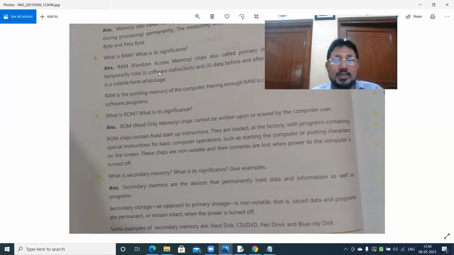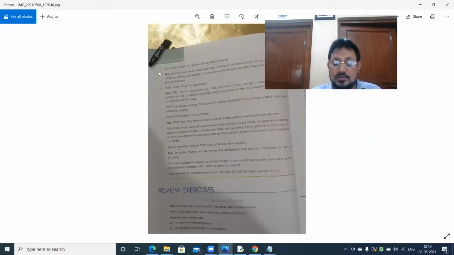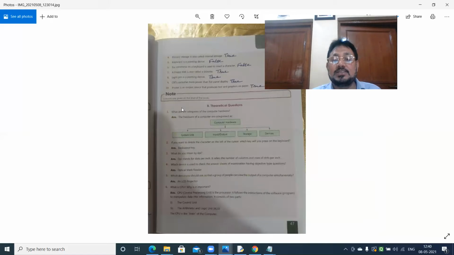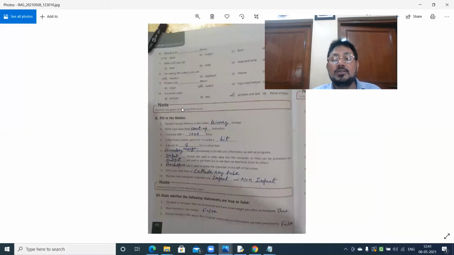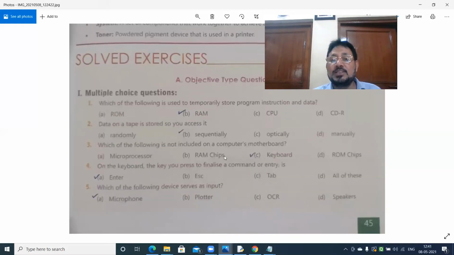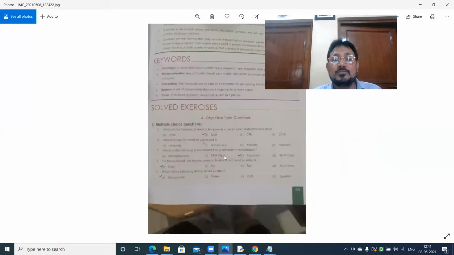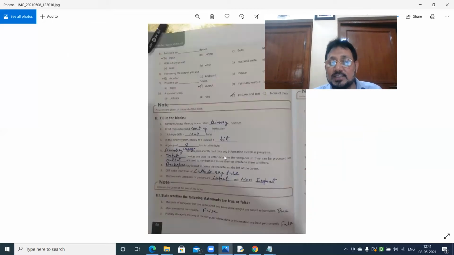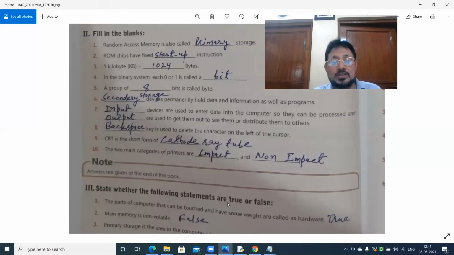And even no need of writing the MCQ, fill in the blanks, match the following, true, false, nothing in the copy. Just do it in the book itself. You have got a book, so please do multiple choice questions in the book. Then fill in the blanks in the book. Then true or false in the book.